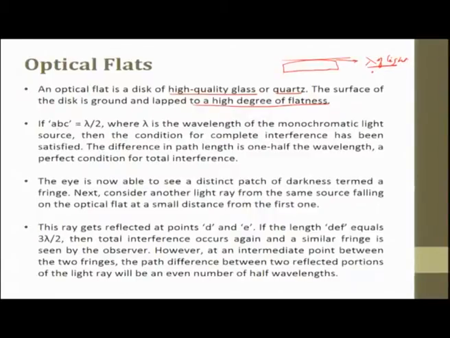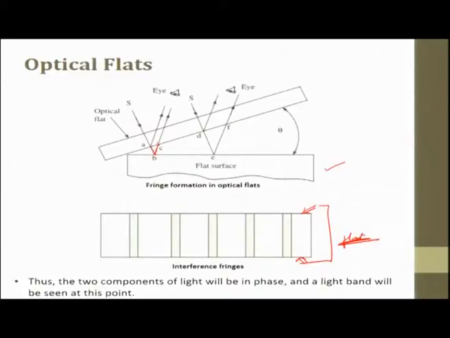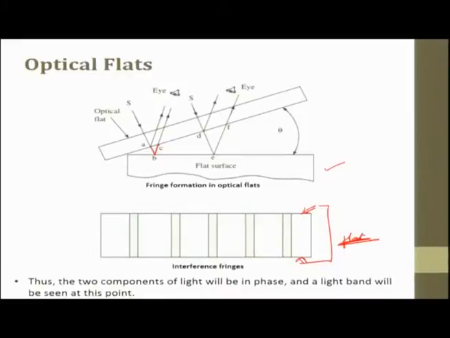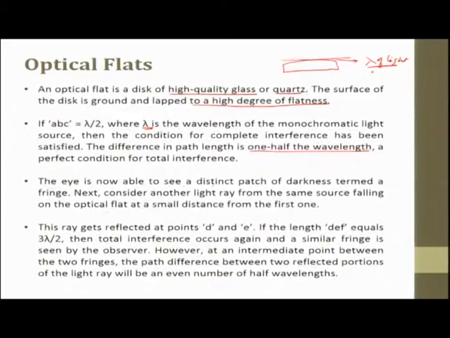If ABC is equal to lambda by 2, where lambda is the wavelength of a monochromatic light source, then the condition for complete interference has been satisfied. The difference in path length is one half of the wavelength, a perfect condition for total interference. The eye is able to see a distinct patch of darkness termed